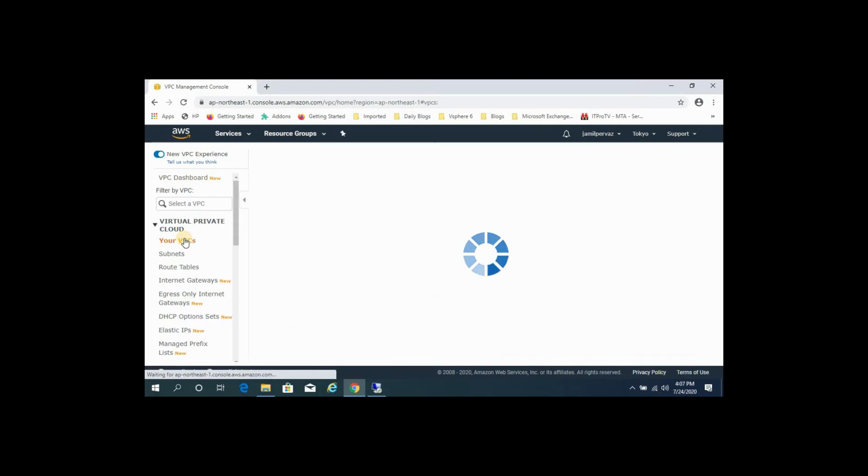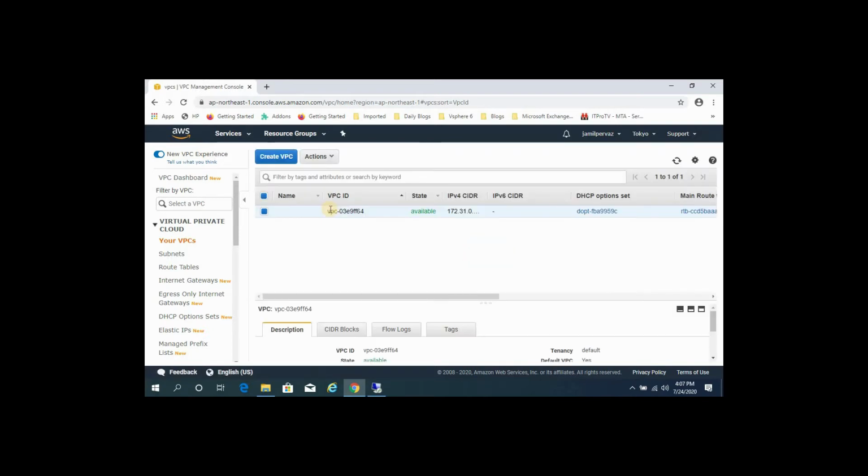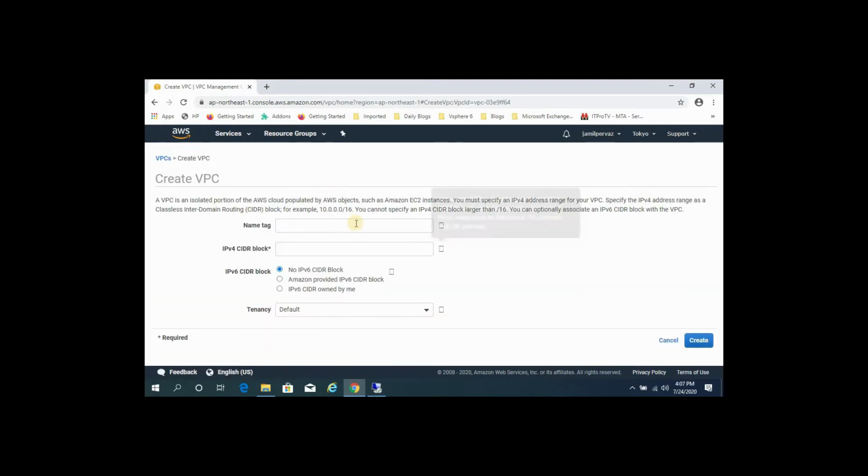Select your VPC. This one is the default VPC, so I'm going to create a new one. Click Create VPC. Type a name; you can choose any name.